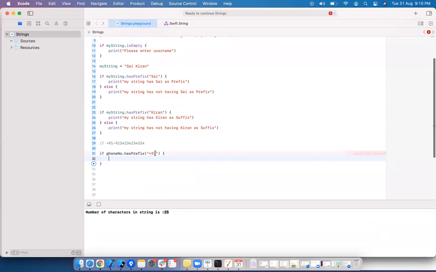If the phone number entered by the user has plus 91, you can say that it is a valid mobile number. If user does not enter this, he directly enters 10 digits, then the phone number does not contain country code. Then you can show the alert: it has no country code. Please, user, please enter the country code.